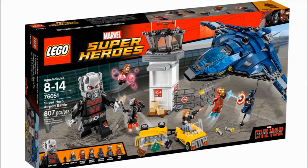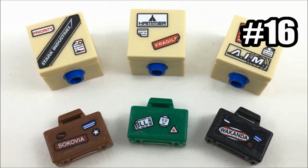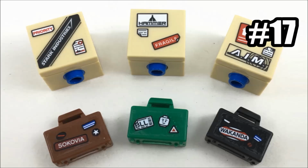The LEGO Captain America Civil War Airport Battle set is one of my favorite LEGO sets released recently. It's actually filled with a lot of Easter eggs. These Easter eggs are stickers that are included on the goods being transported. One of the stickers says Stark Industries, which is kind of expected since Tony Stark is in the set. Another one says Hammer, though, which is yet to appear in the Marvel Cinematic Universe, even though this is a